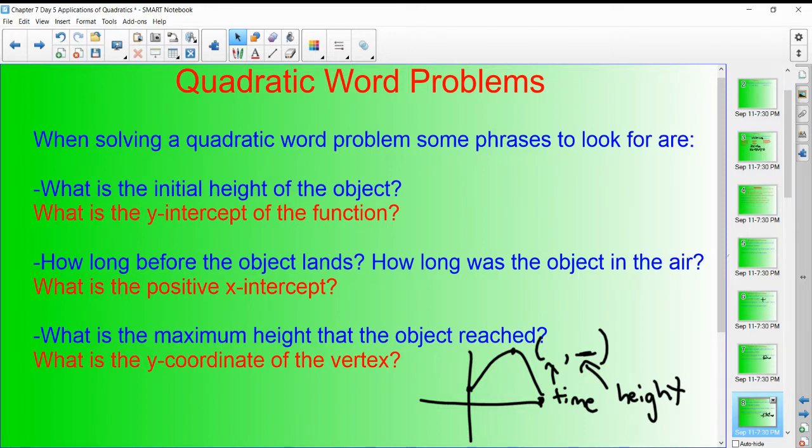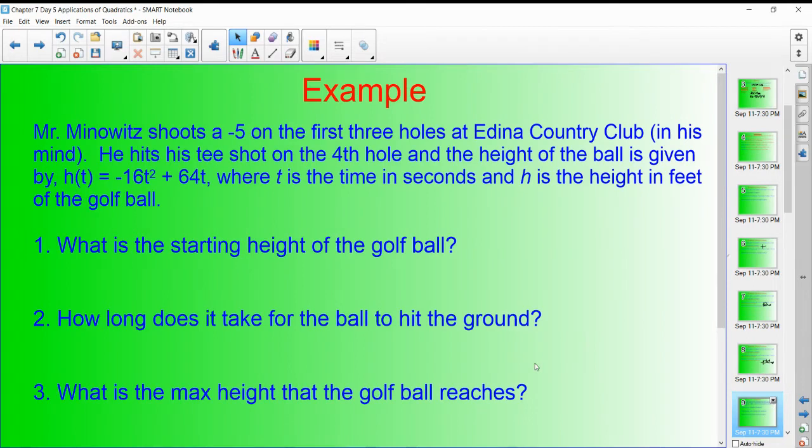Let's take a look at an example. We'll break it down piece by piece. We'll look at the important phrases and the important numbers and how to go about it. So sometimes I like to dream that I'm a really good golfer. Not accurate, but I like to dream. So let's say I'm at 5 under on the first 3 holes, meaning I have had a really good round. And on my 4th hole,